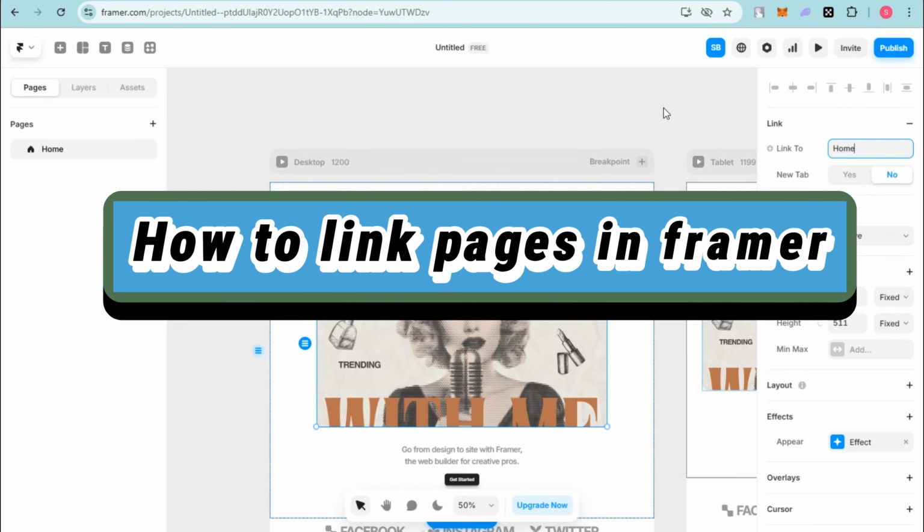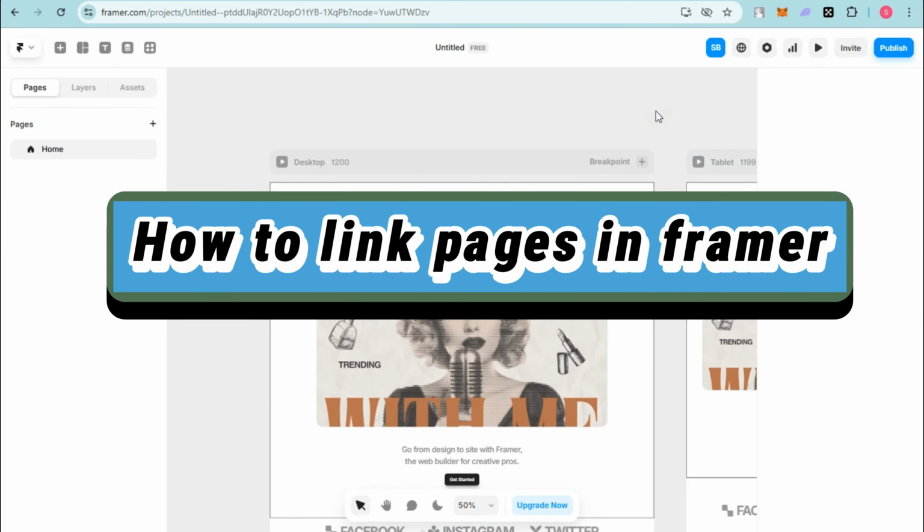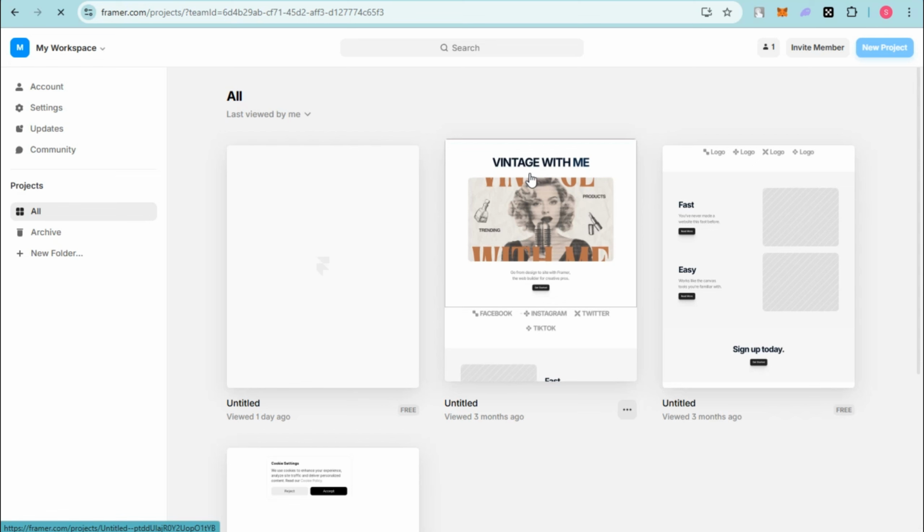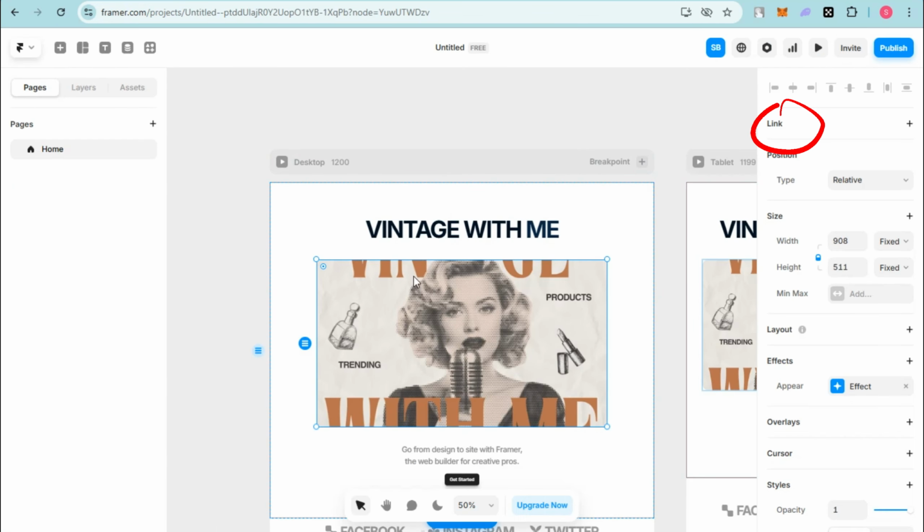How to link pages in Framer. So this is a simple and easy guide on how to link pages in Framer. So what you're going to do is you just have to simply open your Framer right here or create a new project. Now I have an existing project right here, and in order for you to simply connect or link pages in